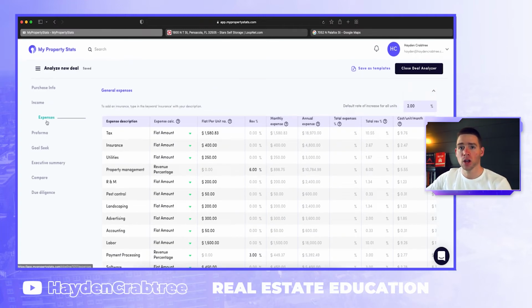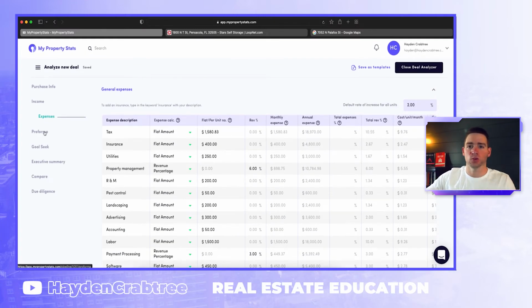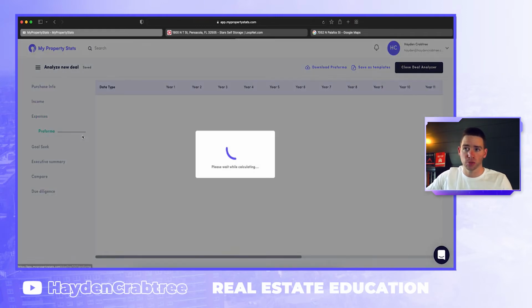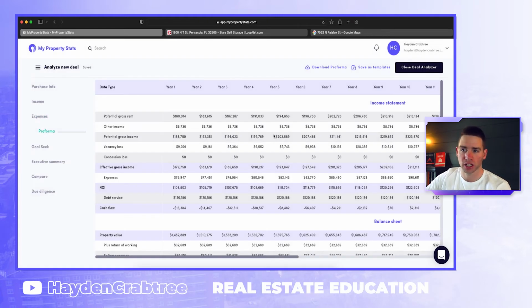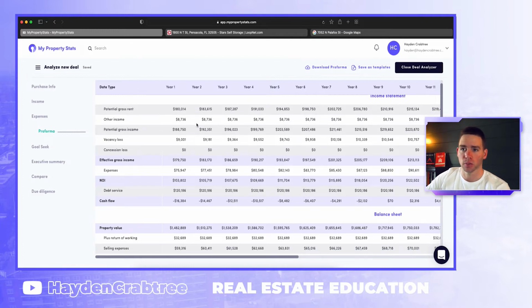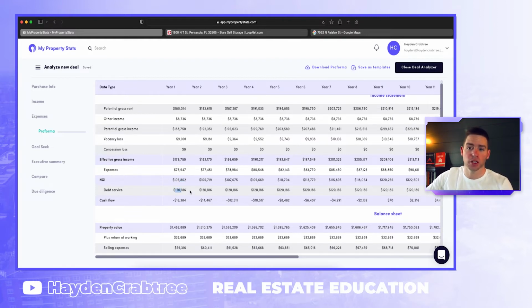Okay. So, we've gone through very roughly. We've analyzed where the deal currently sits today, which I think is super important. Let's go look at the pro forma of what this actually does for us. And so we can see over a number of different years, here's our income statement. We have potential income of 180. We have other income. So it comes out to we're collecting about $180,000 a year. Our expenses are $75,000. Our NOI on our costs would be $103,000, which again, they were at 108, we're at 103. I think that's pretty comparable. I would use my 103 number. And then our debt service is 120,000, which means that we're going to be losing $16,000 a year on this